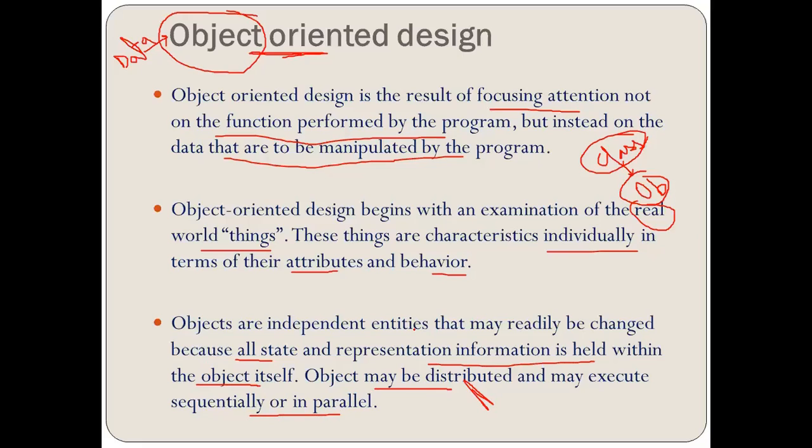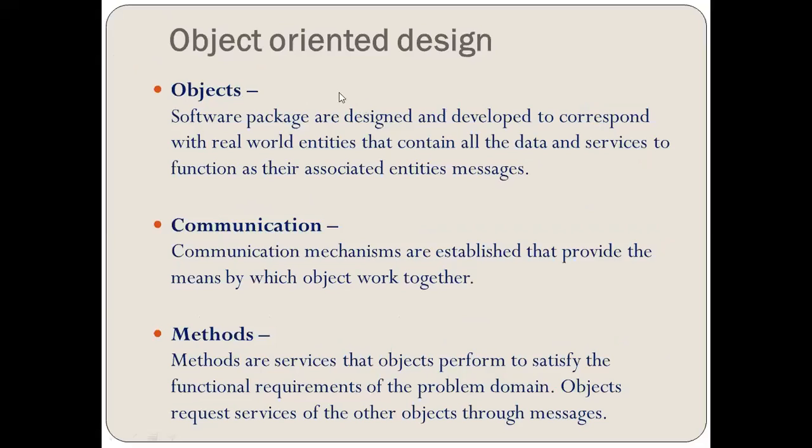Well, if I talk about the functional one, the information is centralized in the function-oriented design, while in object-oriented design, the information state is distributed, not centralized. Now we have certain common things in object-oriented design that form the basic concepts. The first one is objects.